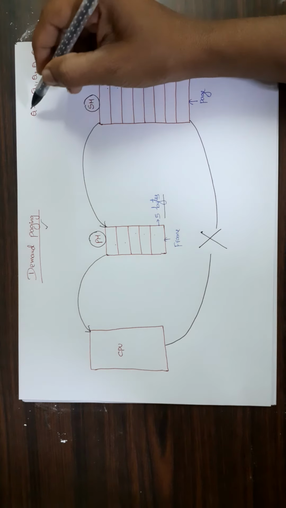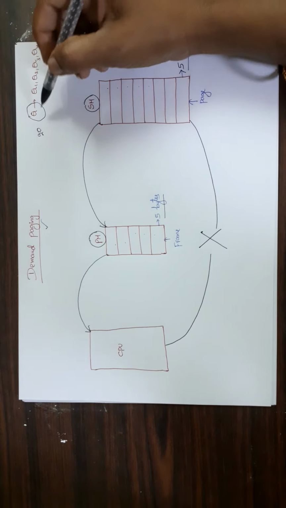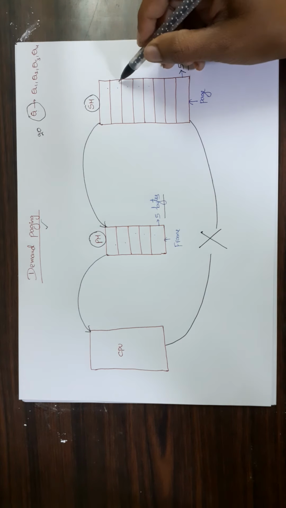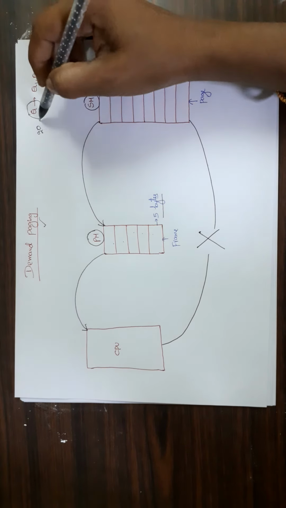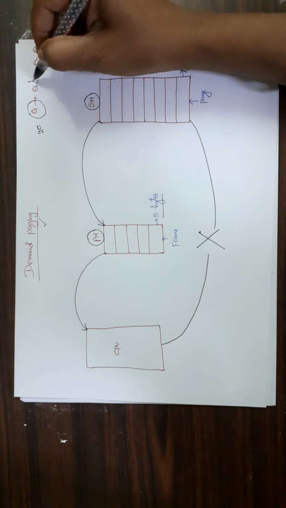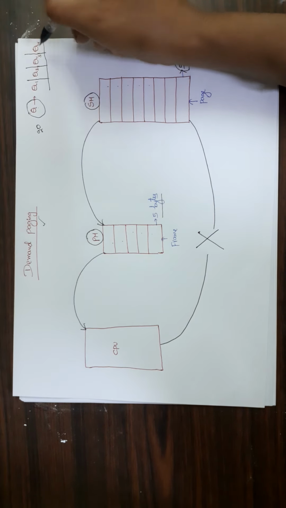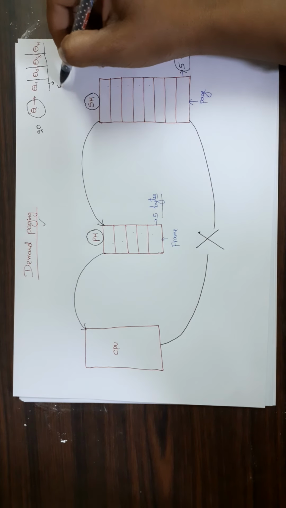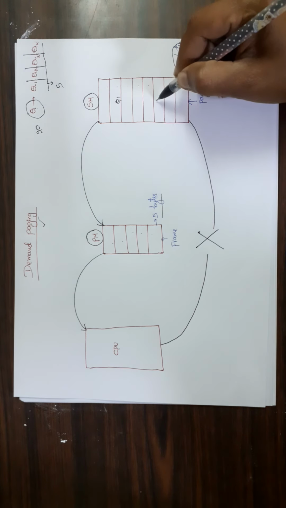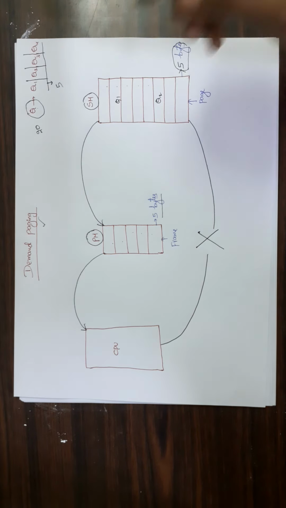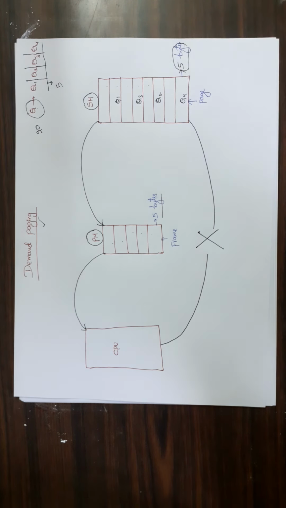Now let us assume that I have a process queue which is of 20 bytes. Now I cannot store the entire process in one page, right? Because here the page size is 5. So I will divide the process queue into different parts, Q1, Q2, Q3 and Q4. Each part is of size 5 bytes. Now I can store Q1 here. Wherever memory is free, at that location I can store the process. So Q2 is stored here. Let us assume that Q3 is stored here and Q4 is stored here.